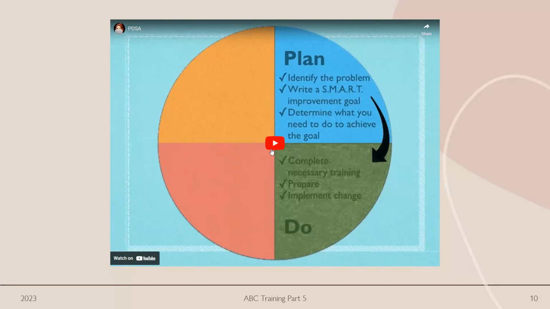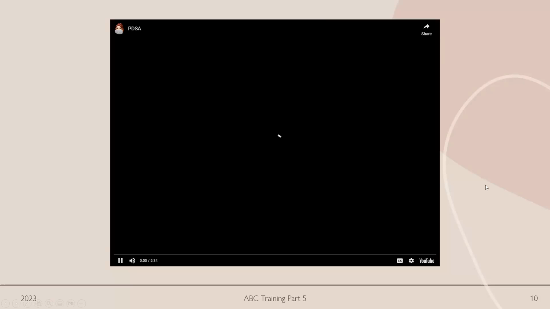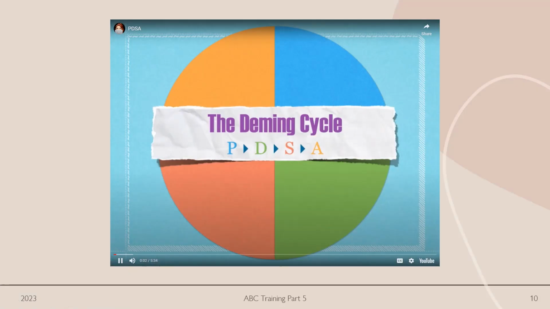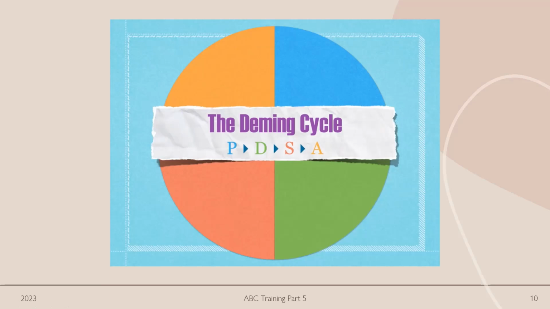And like I said, it's the most commonly used framework for quality improvement in social work usually, and health services as well. I'm going to talk to you about the Deming cycle, or a PDSA. That stands for Plan, Do, Study, Act. And it's a very simple means of continuous improvement that's been in place for a really long time, since the 1950s. And it's been used for that long because it's very, very effective. It's based on the scientific method, and it's pretty simple, and it's just a way of making sure that we're continuously improving and taking steps to reach our goals.